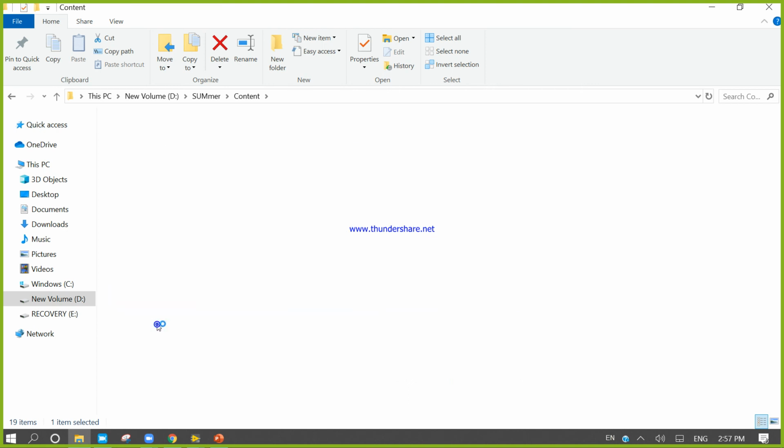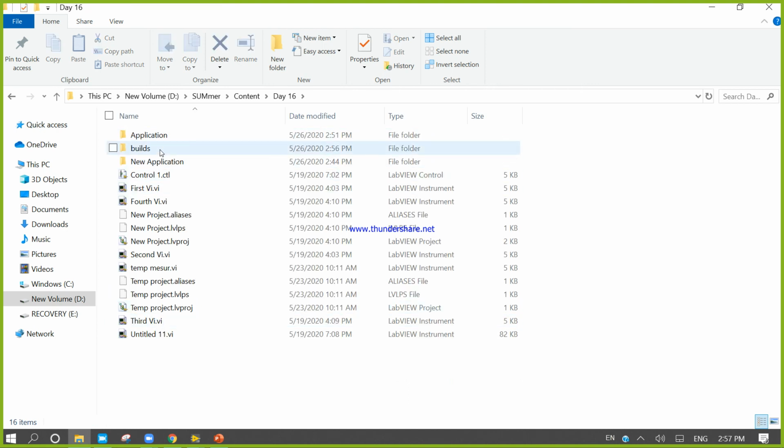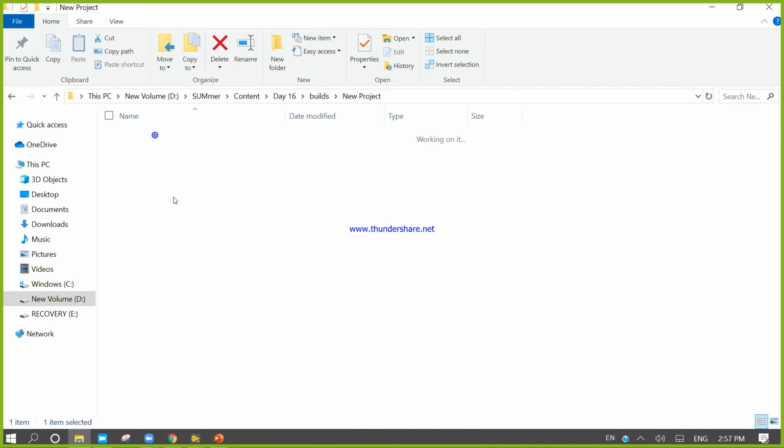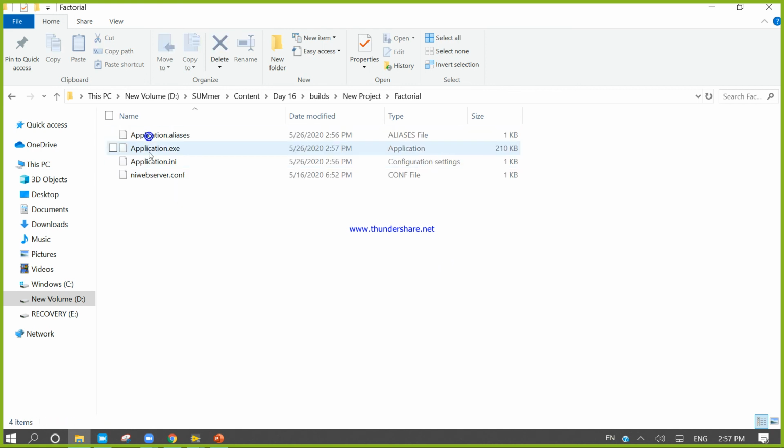Now I will go to the place where I saved the design. Inside day 16, the build is present, inside the build the new product is present, factorial is present, and in this factorial, application.exe is present. Now you can run this application exe on any computer without LabVIEW.